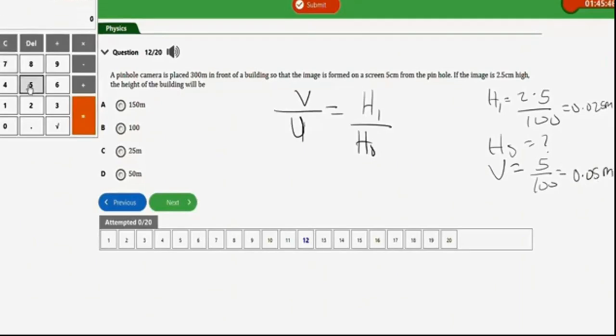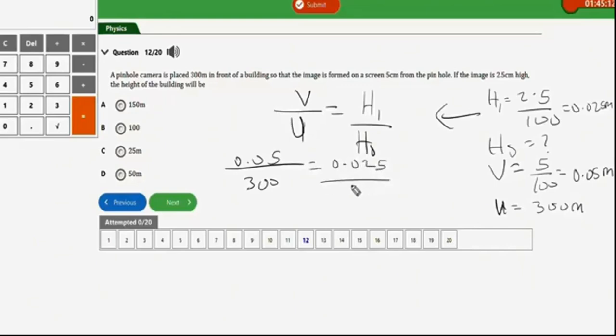We have 5 divided by 100. Yeah, it's correct. And lastly, we have the object distance u, which is 300 meter. So let's plug these parameters in the formula. So the image distance is 0.05 over the object distance 300